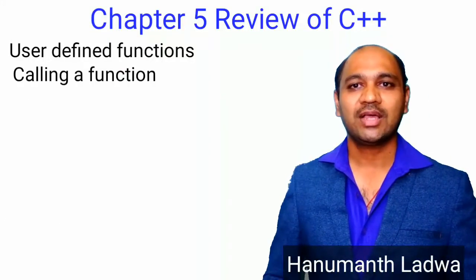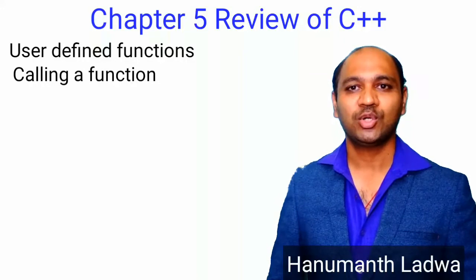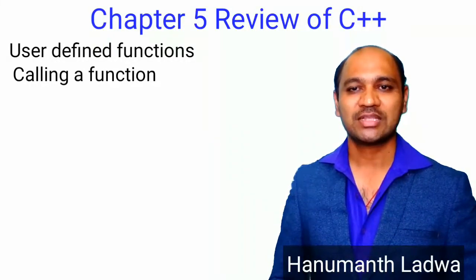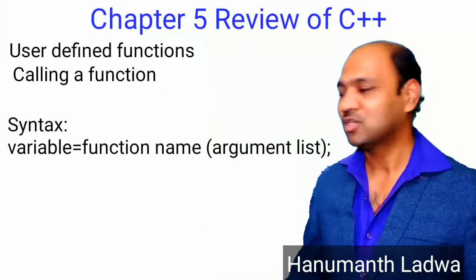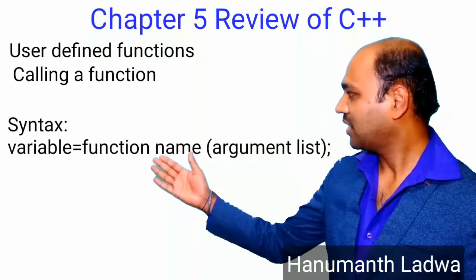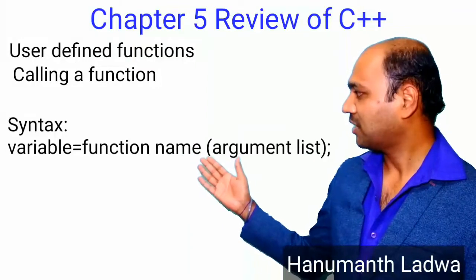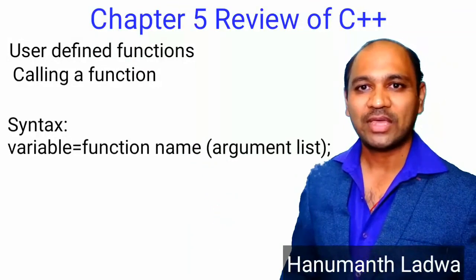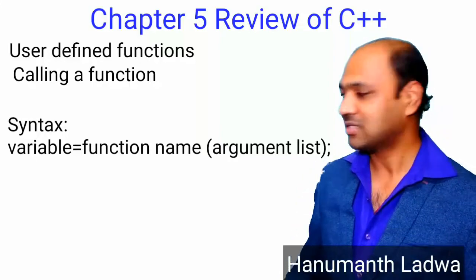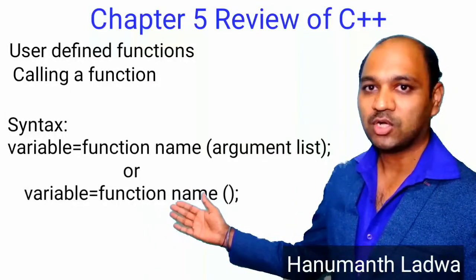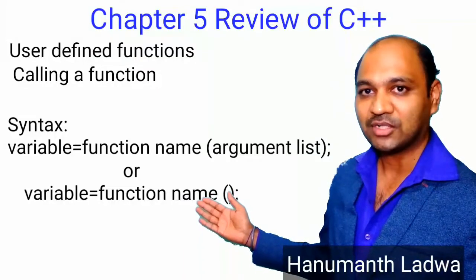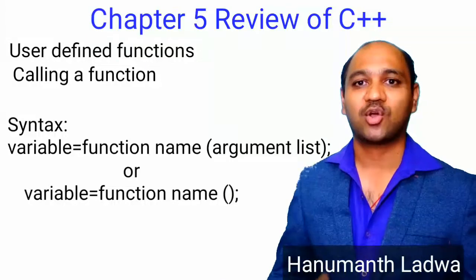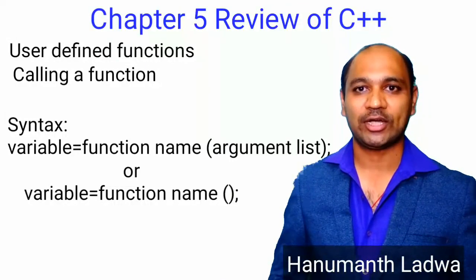Now let us study calling a function. So how exactly you are going to call a particular user defined function from the calling function. So let us continue with the syntax. So here we can see variable name is equal to function name, and inside the round braces we can pass the arguments. In one more way, the same statement can also be written as variable name is equal to, then we can write the name of the function and empty round braces. That indicates we are not going to pass any argument into it.